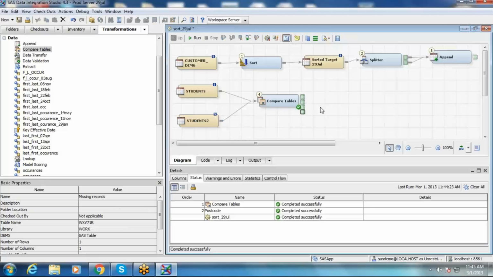All these are temporary tables. If you want to make them permanent, the same story again. Just go ahead and register the table and it creates a copy on physical path, or it could be a database table also. That is pretty much about comparison of two data sets.